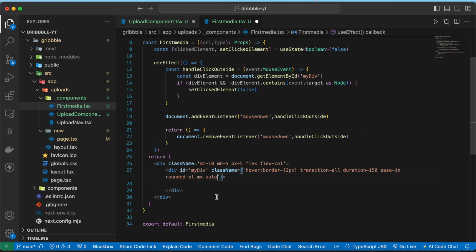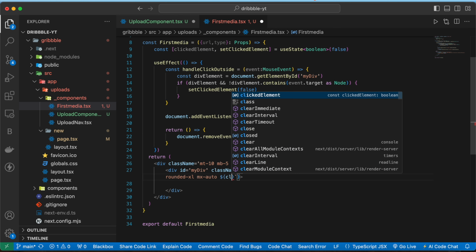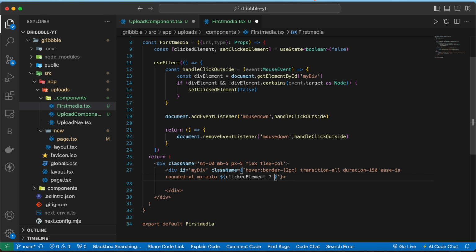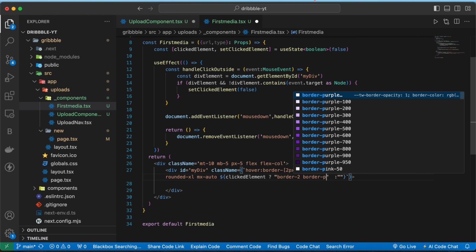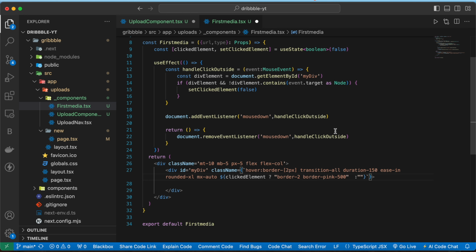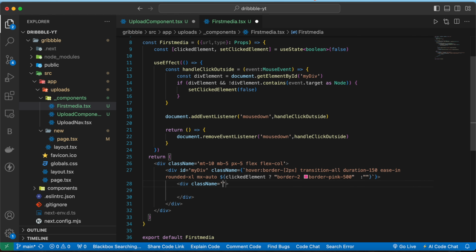Okay, and now after that we can use that clicked element. If that is true, then we are going to make the border of 2 and then border color of pink 500. Okay, so pink 500, otherwise we are going to do nothing. Okay, now make one more div, give this a class name, object cover,